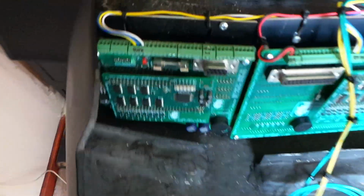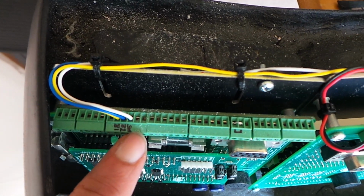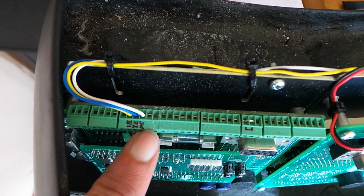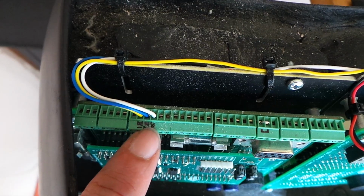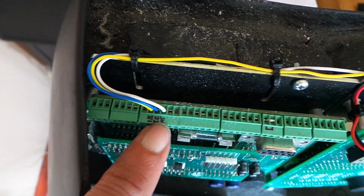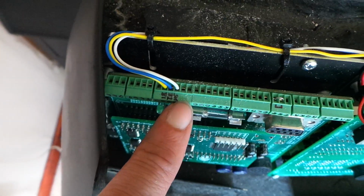Connected to the terminal blocks also, in each case, are a white wire which corresponds to a switch to put each module into menu mode when it's powered up, and 2 push buttons numbered B1 and B2. The B1 is a yellow wire and B2 is always a blue wire, and those are for controlling mode selection and various other functions, the details of which we'll cover when we look at the operation of the individual dash